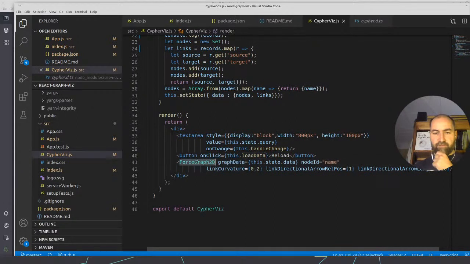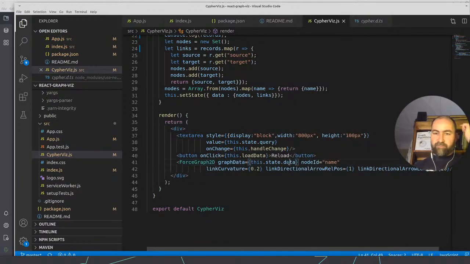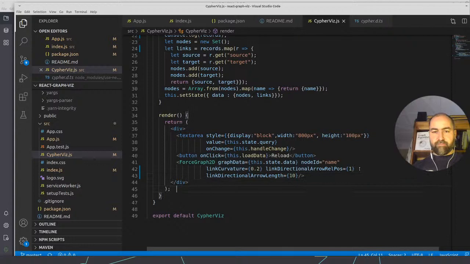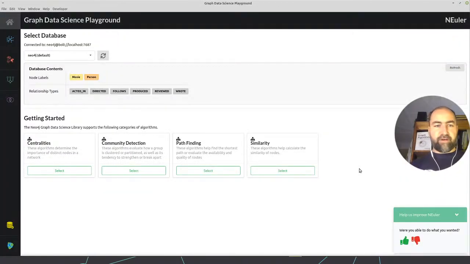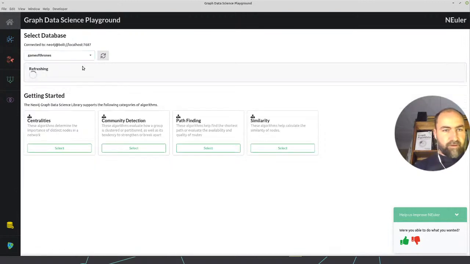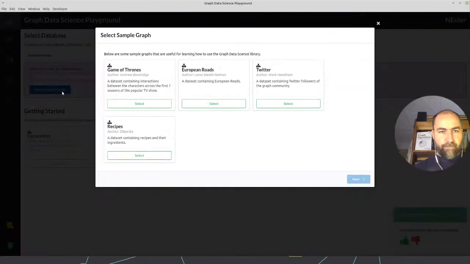And then I just use Forcegraph, the React component from the 3D Forcegraph library, and pass in my graph state, pass in some config, and that's it, right? And then I have a minimal fake Neo4j browser thing. So let me just import into the Game of Thrones database. I want to import Game of Thrones.